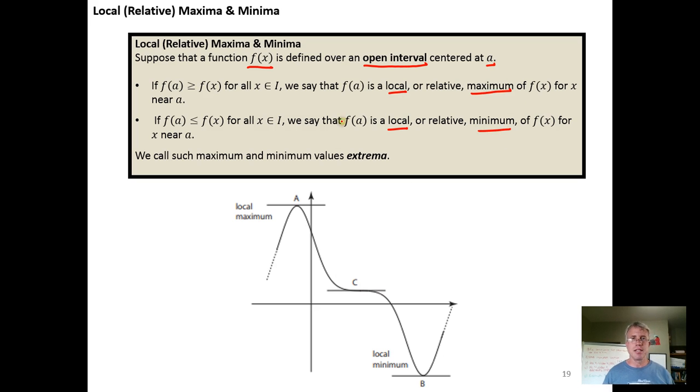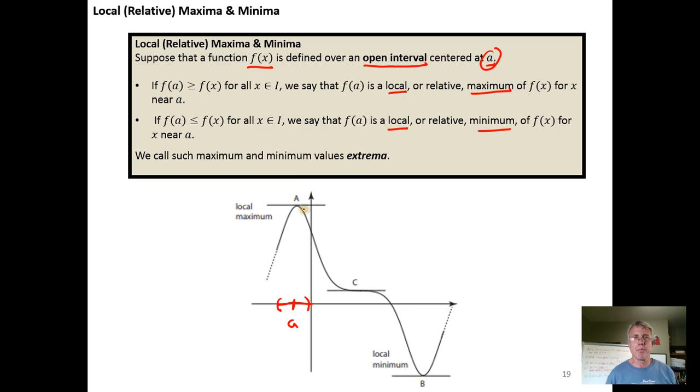So here's the idea. We look at the graph of the function and you want to look for any points that look like they might be high or low points on the function. And the idea is, if directly under what appears to be a high or a low point on the function you have an input value, and we're calling that input value a, if you can define an open interval centered at a, that contains a,